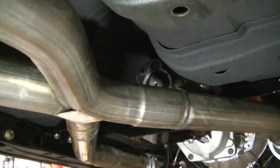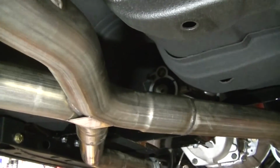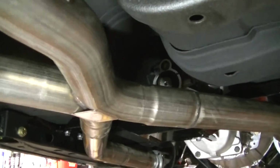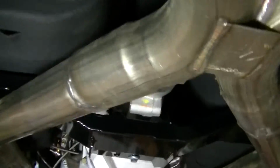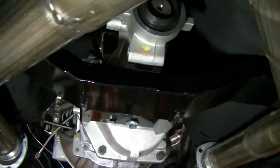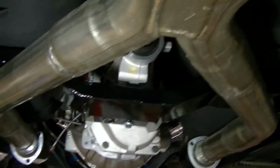One, we don't have to paint it. It's just going to be nice aluminum. Aluminum is a lot lighter. They say the aluminum drive shafts will absorb vibration better. So those are kind of the reasons. It's like $100 more